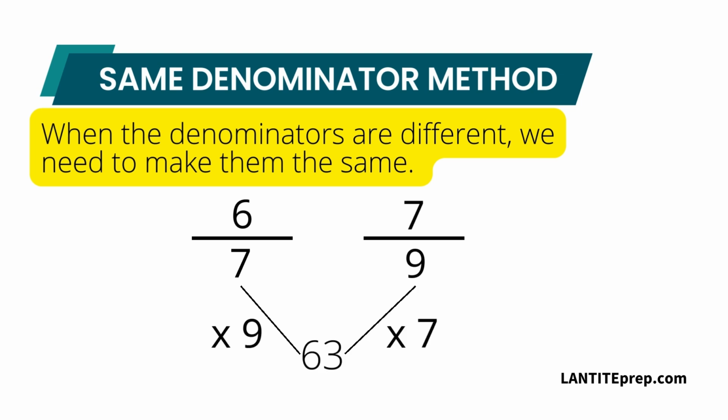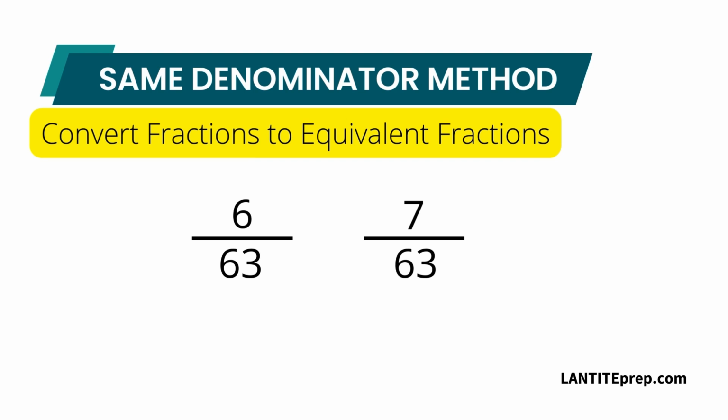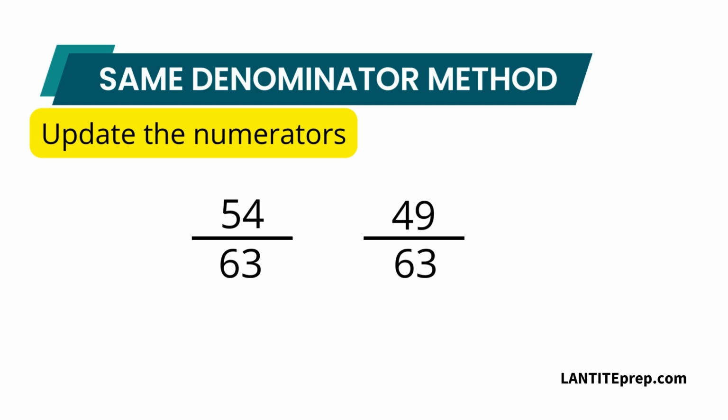Step 2 is to convert fractions to equivalent fractions by changing the denominators to the common denominator, which is 63, and then updating the numerators by the same multiple that we changed the denominator from, which gives us new fractions, 54 over 63 and 49 over 63,